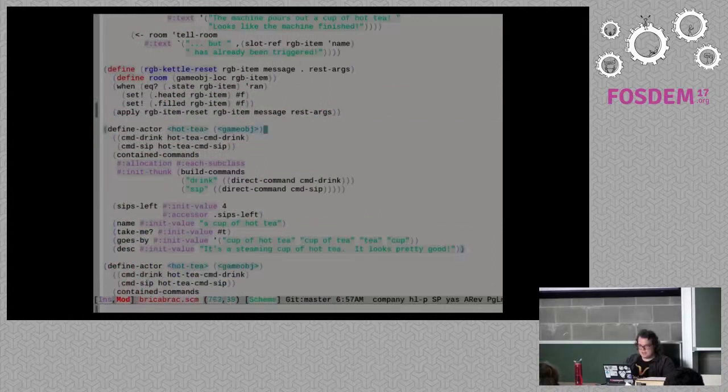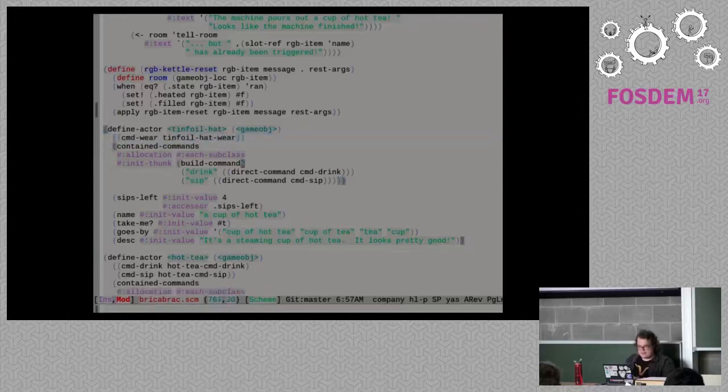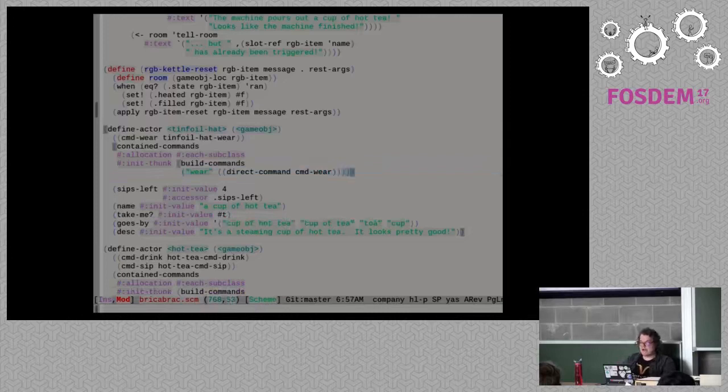Game obj. Command wear. Build the commands wear, which is a direct command. Now, this is a MudSync specific thing with these commands here. You guys are looking at abstraction piled on abstraction piled on abstraction here. I don't need those because those are already defined in the other thing.